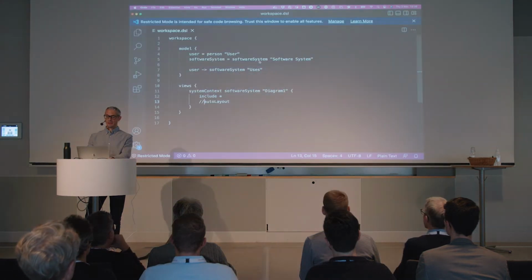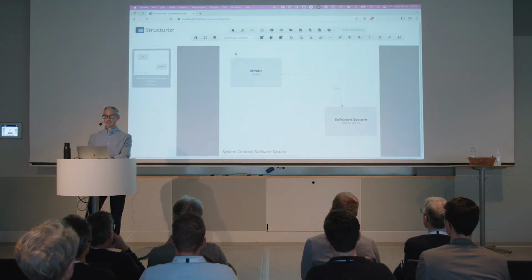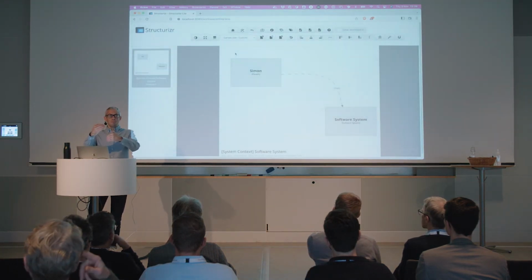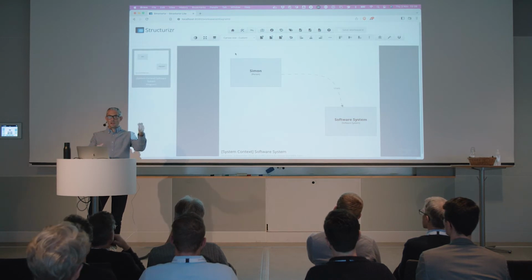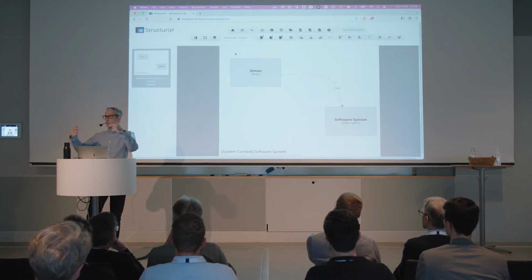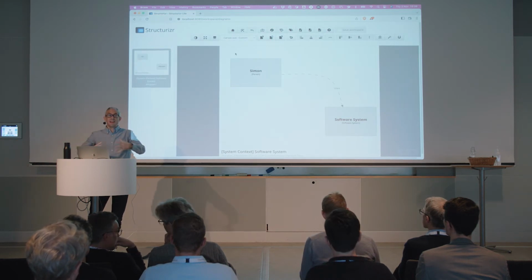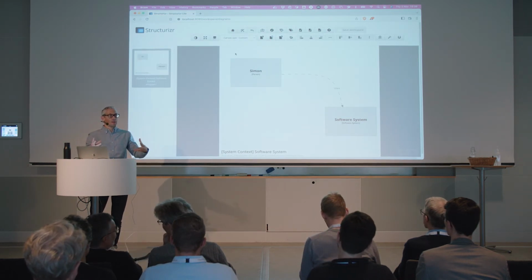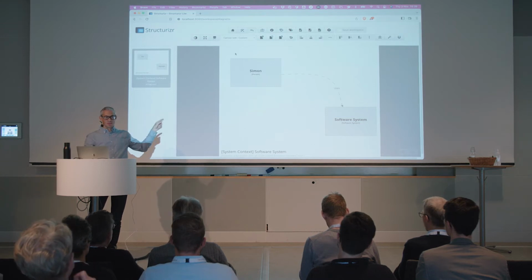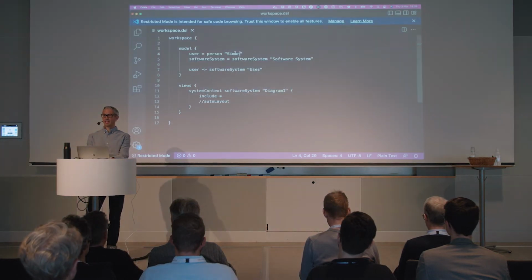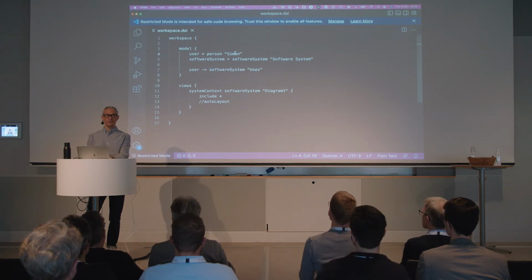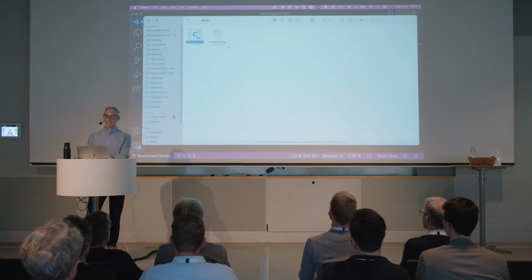I can go back here and I can change this back to, let's say, Simon. Go back here, refresh. And there's a merging algorithm that will try and figure out what you've changed and where that box should be sitting on your diagram. So the Structurizr engine will try and retain the diagram layout as far as possible. You'll notice there's no XY coordinates in this text file, which raises the question, well, where are they? And the answer is, they're in this file here.